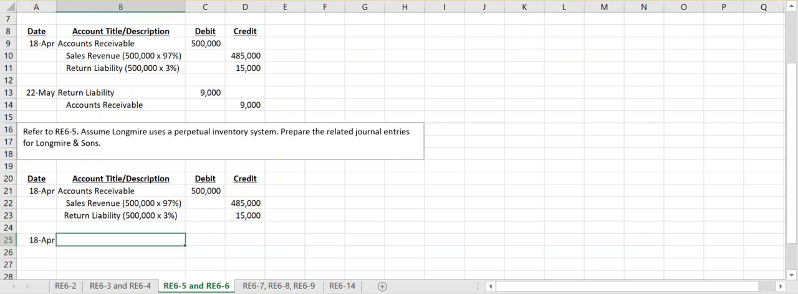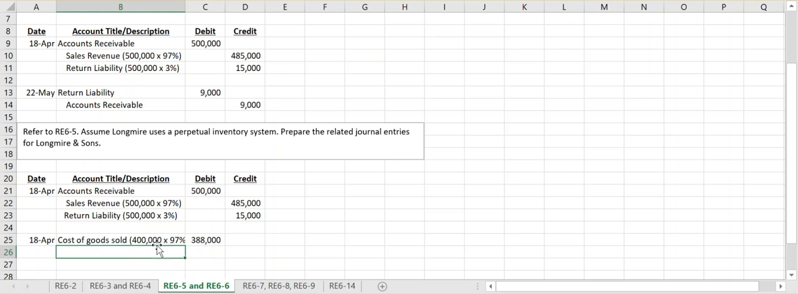This is the perpetual inventory system, which means that every time we make a sale, we have to have two entries, one to record the sales price, the other to record the cost of goods sold. So our cost of goods sold, they told us it was $400,000. However, we expect to get 3% of that back. So that means we're only going to record out of the $400,000 that we have in that cost, we're only going to record 97% of that, or in total